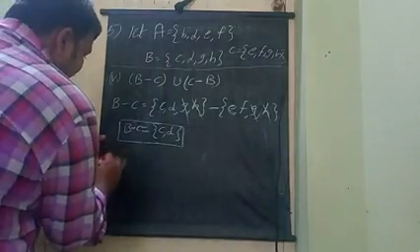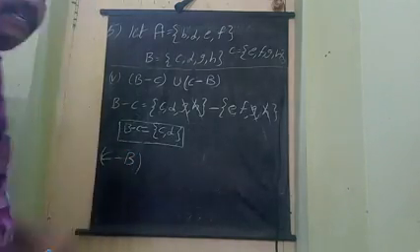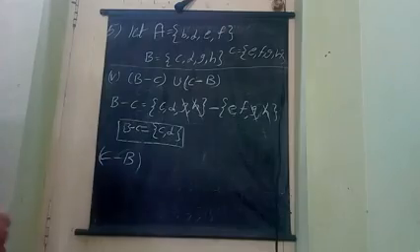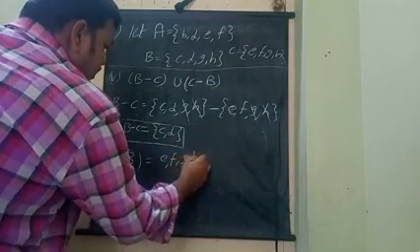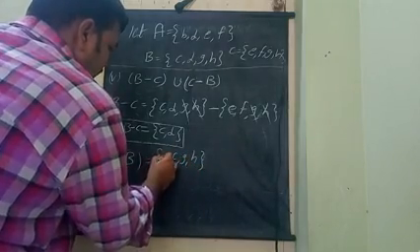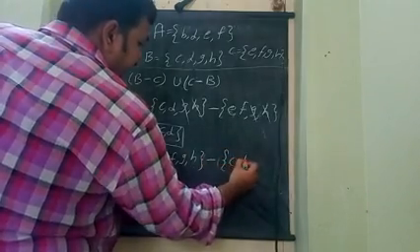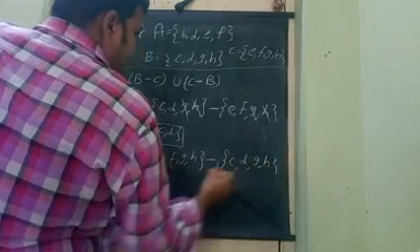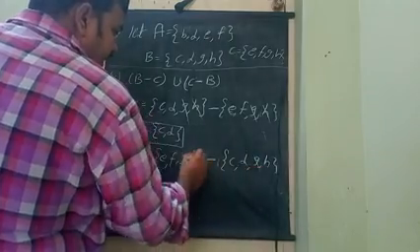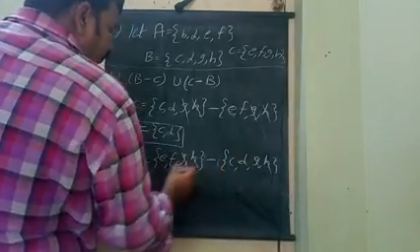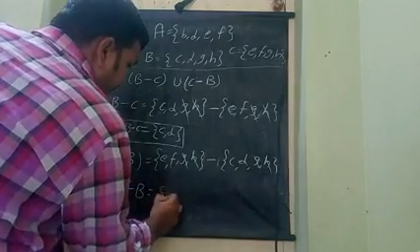Next, the second bracket I am taking is C minus B. What are the elements of C? Write first: E F G H minus C D G H. What are the strike offs? E, F are not there; G is there, G is there; H is there, H is there. Strike off. Only what remains in the first set. C minus B is equal to E comma F.